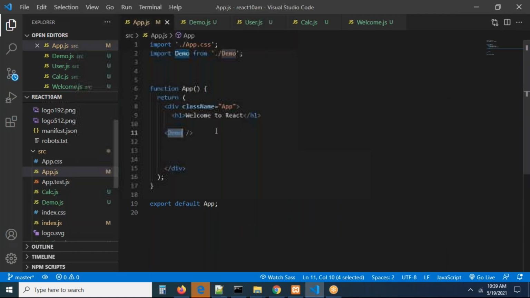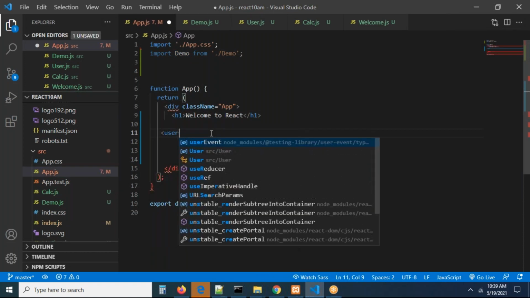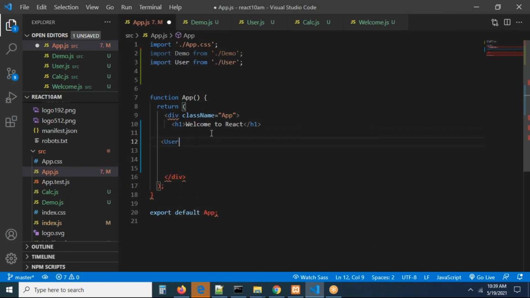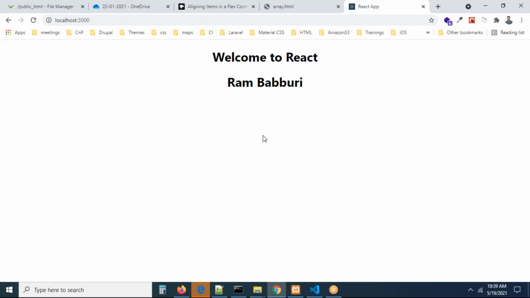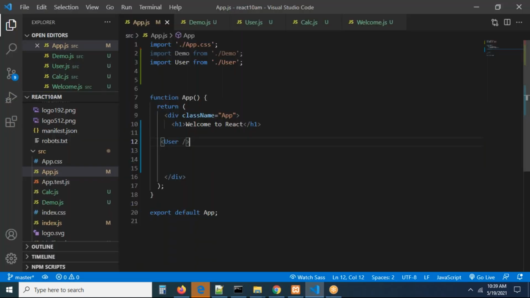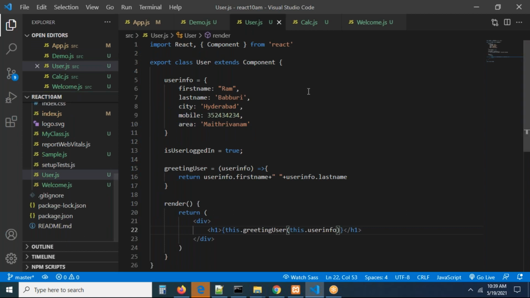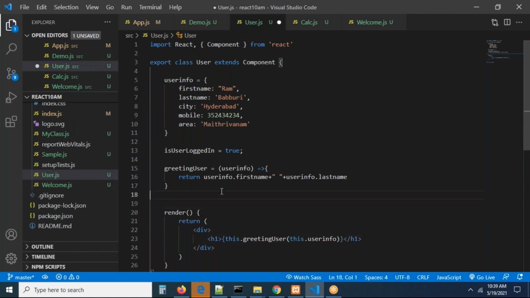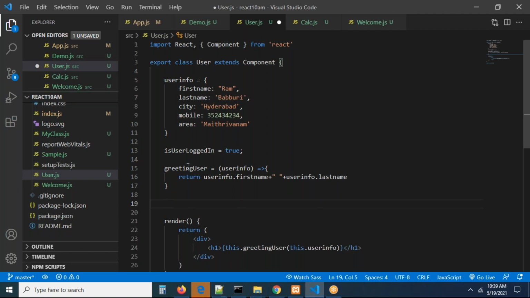Now let us add this user here. I'm going to call this user.js. Exactly, this is the user component you created. Now you can go and refresh the page. Can you see you're getting the full name? The same story, whatever you did in the functional component, I'm doing in the class component. There is no difference, guys. You want to get the address also, right? You can write getAddress or getUsername, or getFullName.